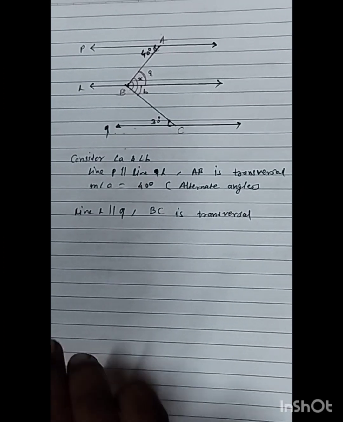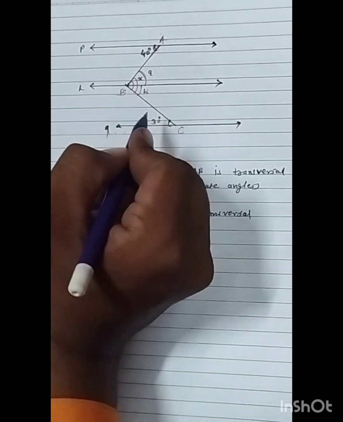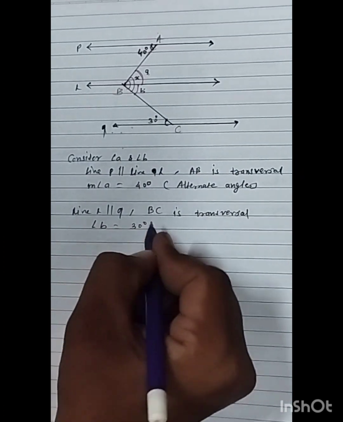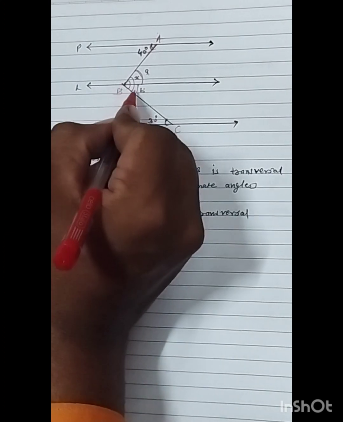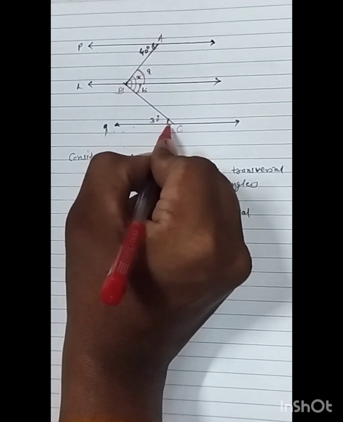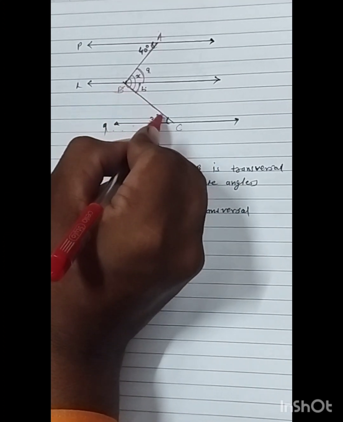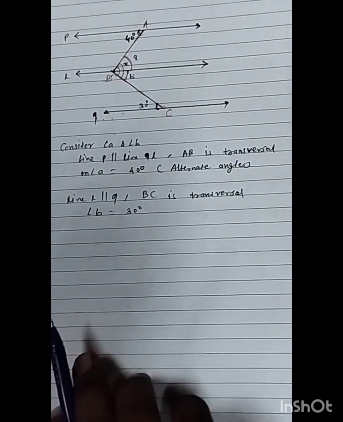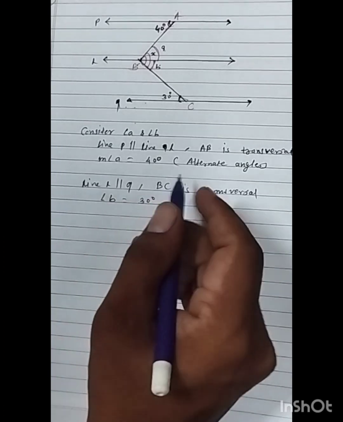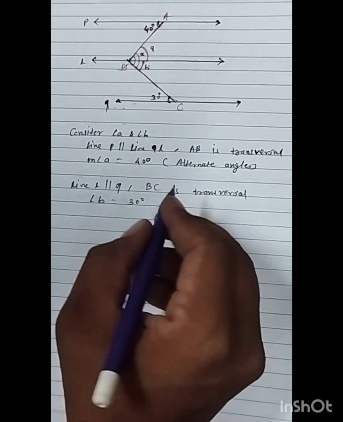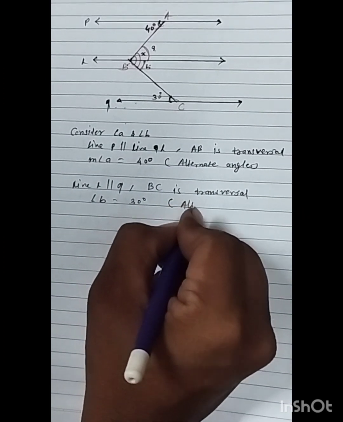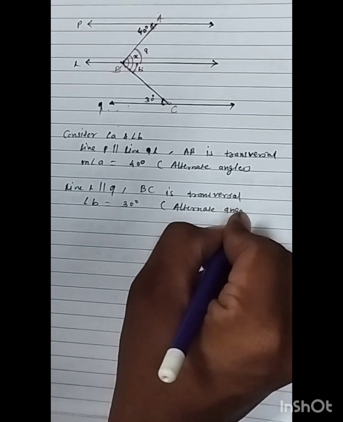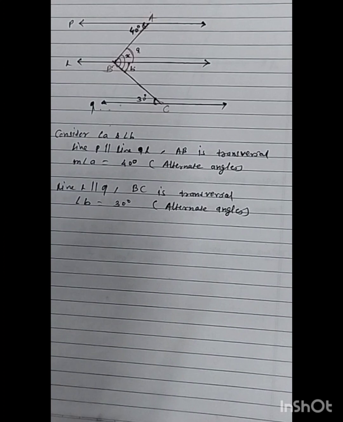So if we get the same thing, we can take this angle B and angle 30. Angle B is equal to 30 degree. Once again check it. Angle B, angle C, both are alternate angles. So alternate angles we learned both are congruent. Okay, so here we can write angle B and 30 degrees are equal, alternate angles. So both will get the same measurement.